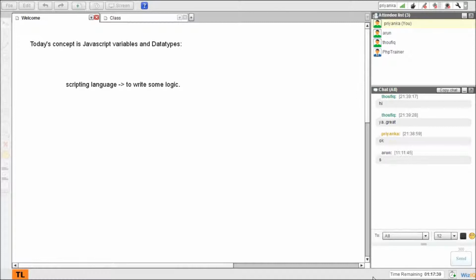Similarly, CSS only adds styling to the pages, like put some color over there, put some background over there, I need some margin over here. That's the thing with CSS, but there is no logic involved as of now. A scripting language is used to write some logic in our HTML pages.